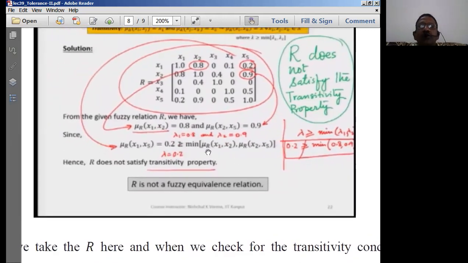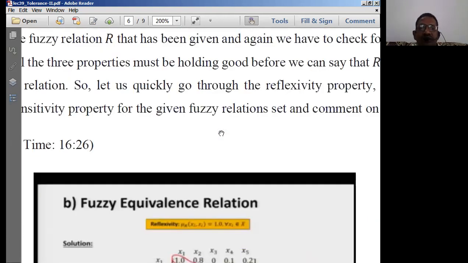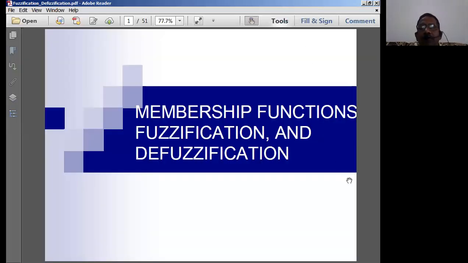So this is the conclusion which we can make based on the various criteria. After checking the various criteria, we come to the conclusion that it does not satisfy all of them. Well, now after covering the various types of relations that we have discussed, tolerance and equivalence, we have completed unit number 2.